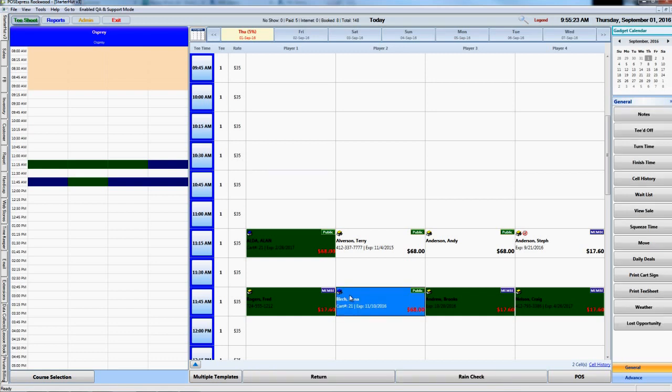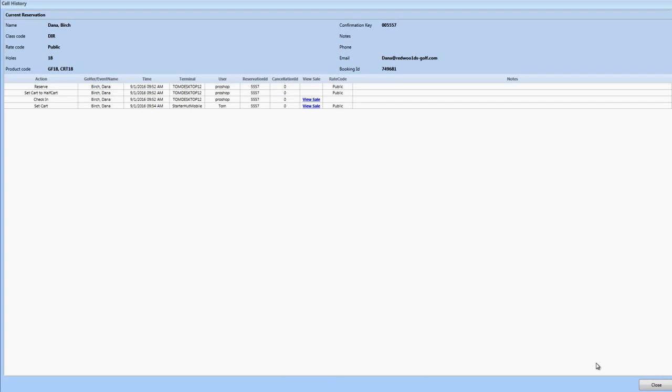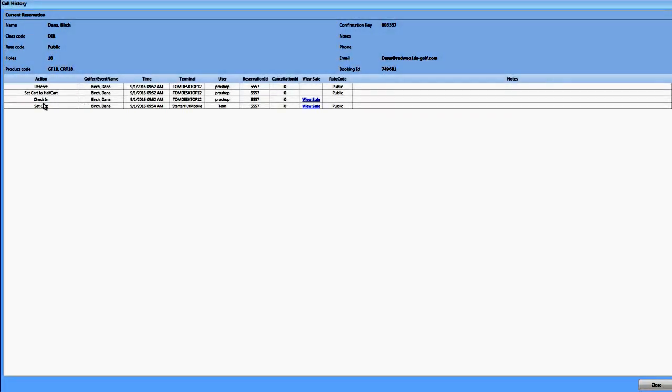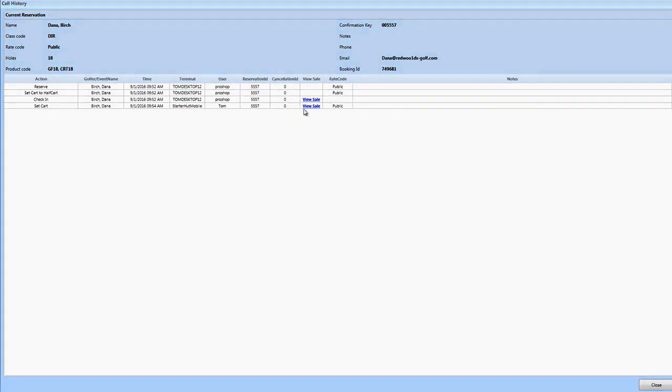If I click on the cart and I click on sale history, this is going to take me into everything that's happened with the cart, including how the cart was set. I'm going to view the sale,